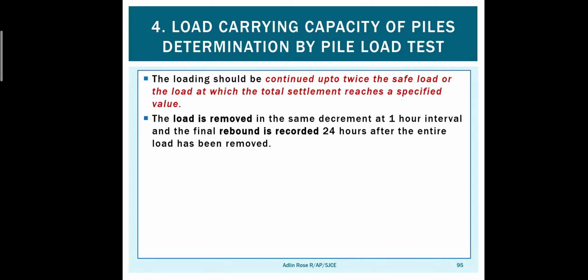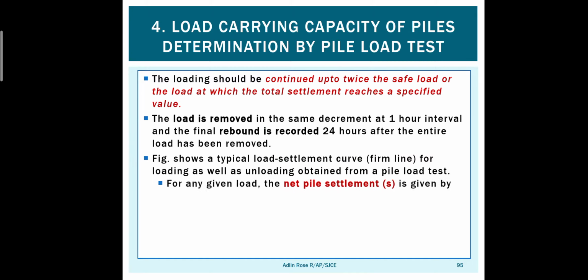Okay, so from this we will finally get the load settlement curve. We have two types of settlement here: net settlement and gross settlement. What is the gross settlement? The total settlement. As I said, we will increase the load, and as we increase the load, the settlement will also increase. You know that. We will put the load till the maximum load, as much load as we can give, and the settlement will keep increasing. This is the total settlement, or gross settlement.